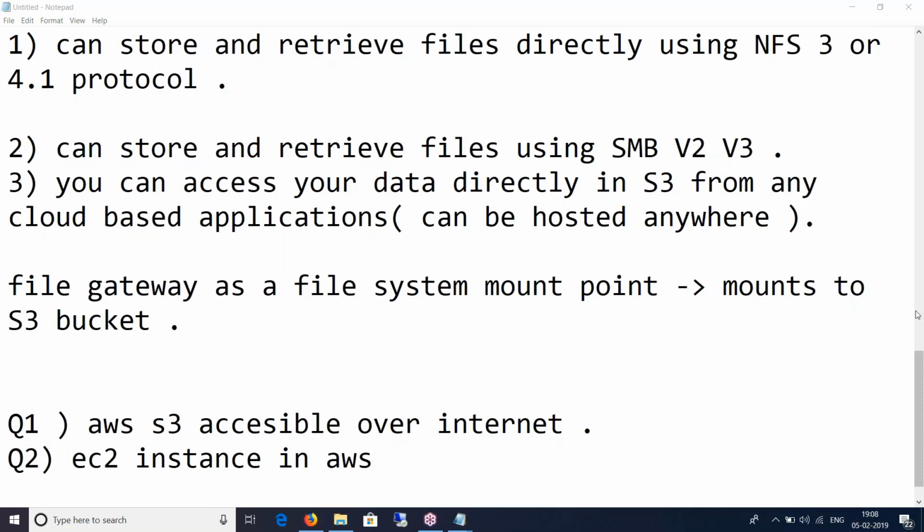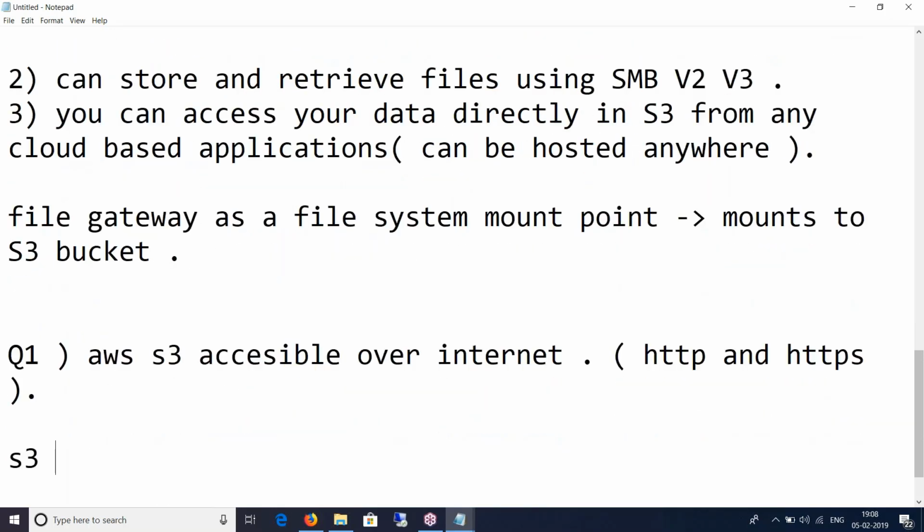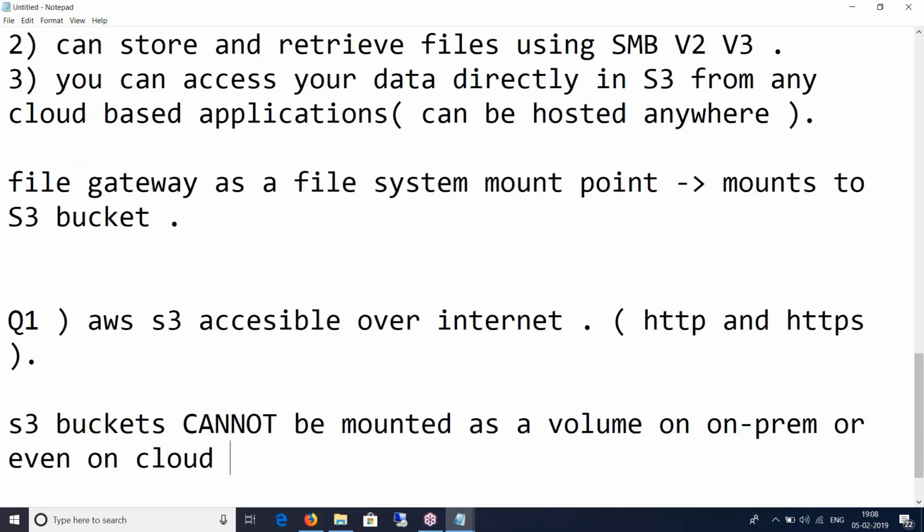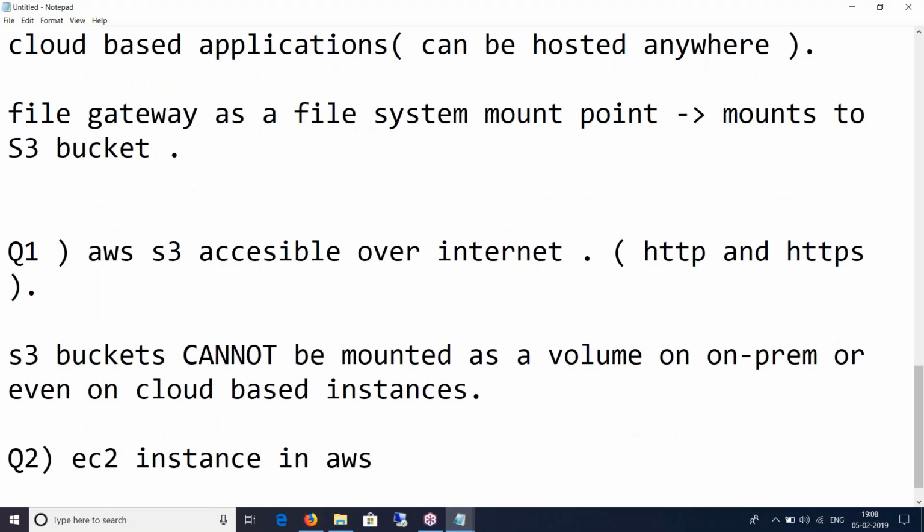All right, so AWS S3 is accessible over the internet on HTTP and HTTPS, right? Second, the S3 buckets cannot be mounted as a volume on-prem or even on cloud-based instances. However, there are third-party tools that will let you do this, but AWS by default has not given us any mechanism to mount it as a volume on your premise or cloud.